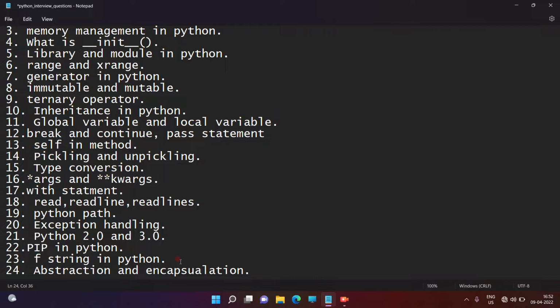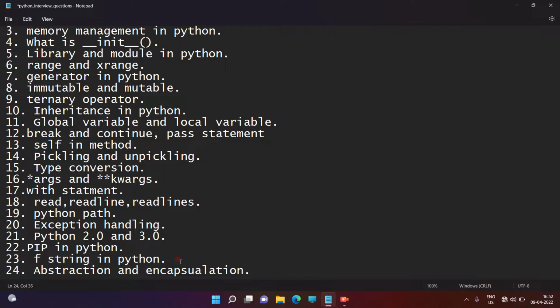We don't know what the processor does, where the wires are, where all the kits are. And this is abstraction. By using abstraction we can provide security to our project and our program, right guys? There is one more use of abstraction. Whenever we want to provide the same protocol, guidelines and rules for all classes, that time we can go with abstraction. For implementing abstraction we need to import the ABC class from the abc module.